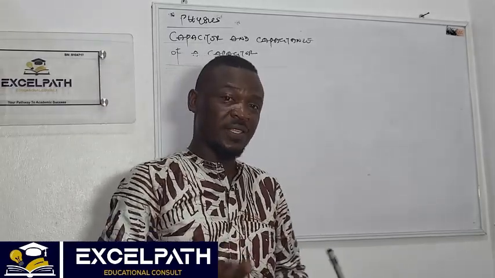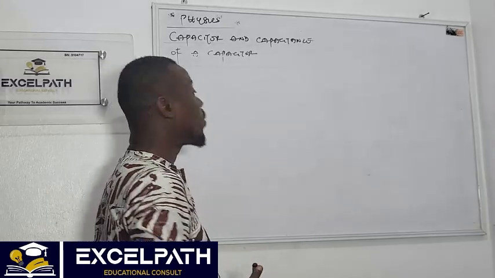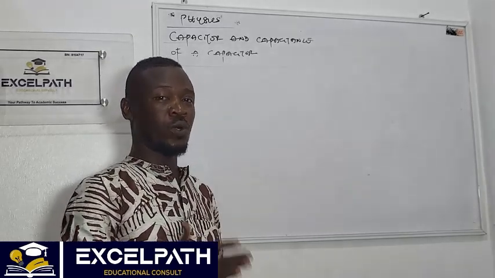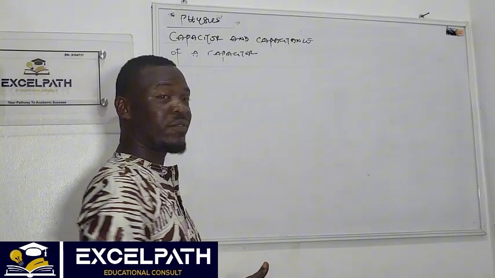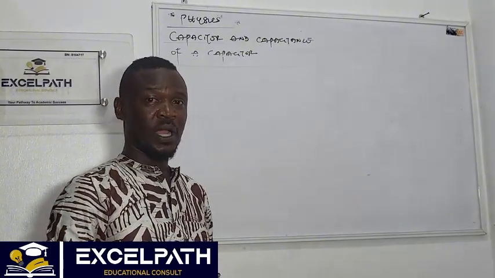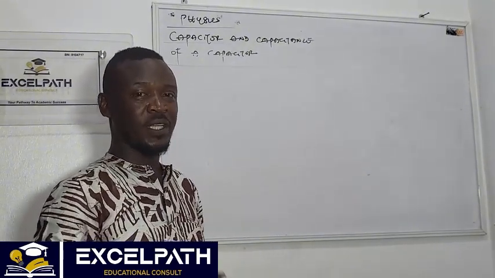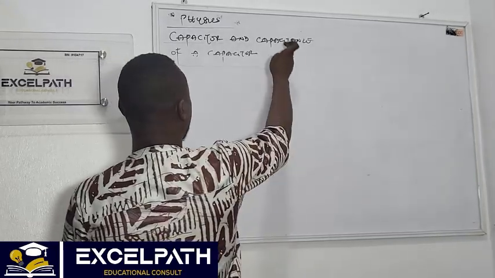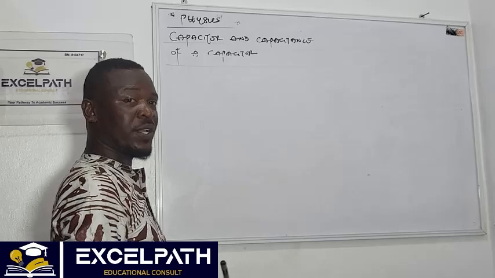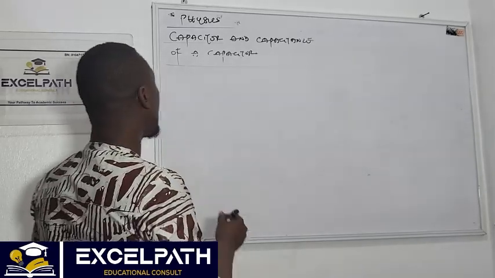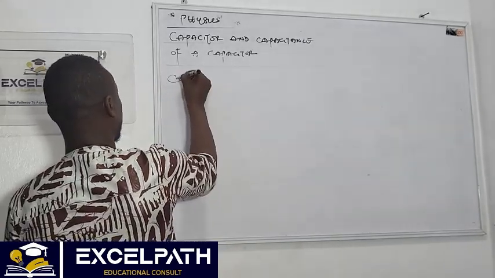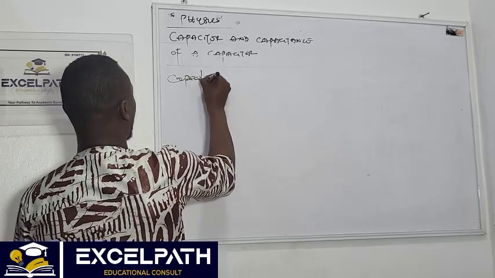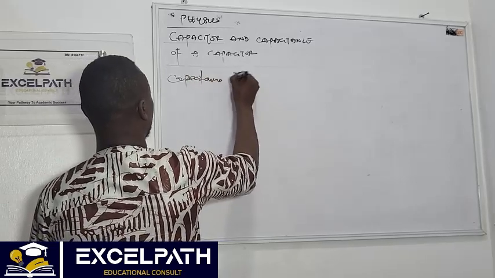Now, talking about this capacitor, we have types of capacitor. Examples of types of capacitor we have are the variable air capacitor, the mica, and the paper capacitor, etc. But coming back to capacitance of the capacitor based on your JAMB level, we said capacitance of a capacitor